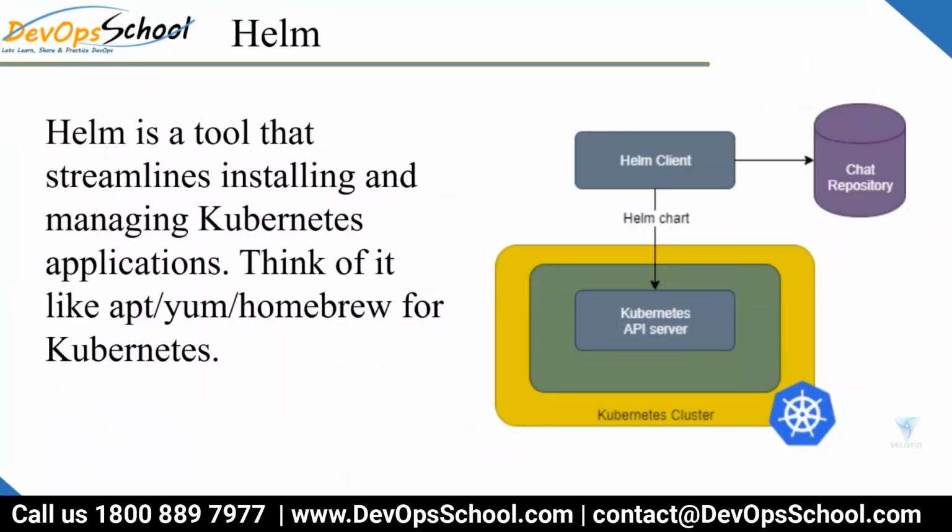So what is Helm? Guys, think of the frustration first of all. In order to deploy one application, you have 50 YAML files. Mind it, 50 YAML files. So you need to do